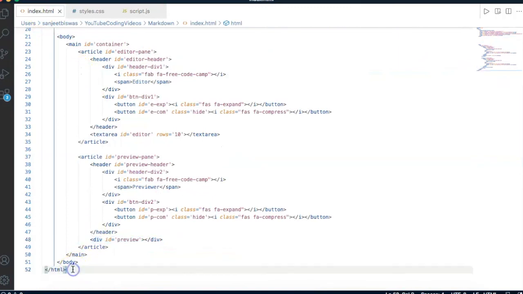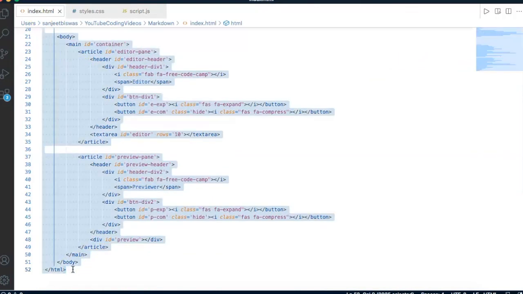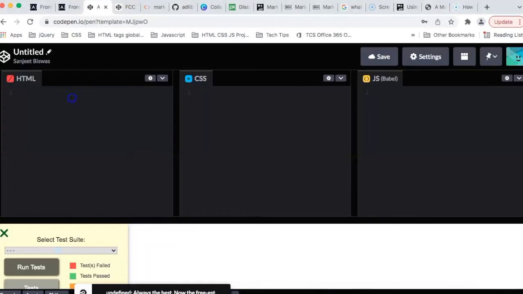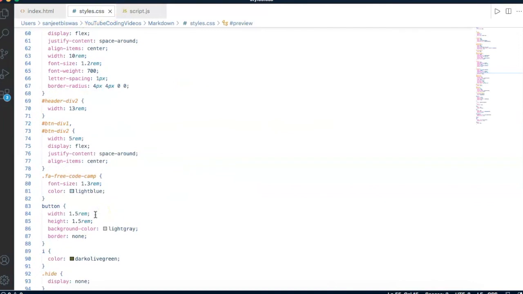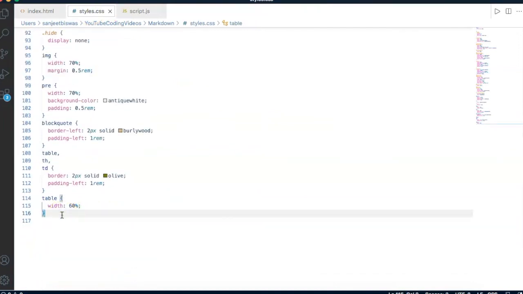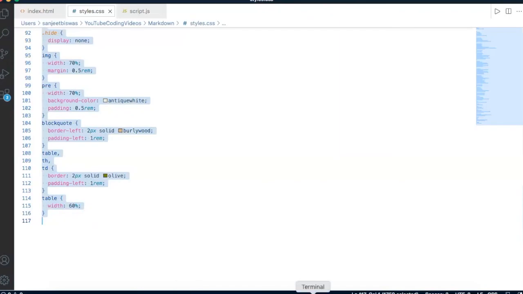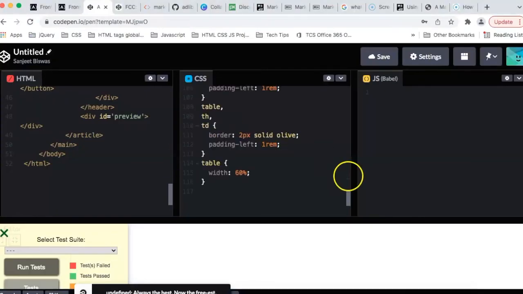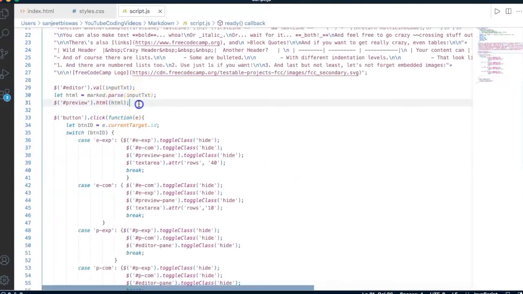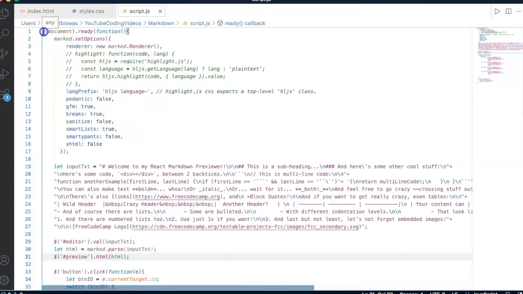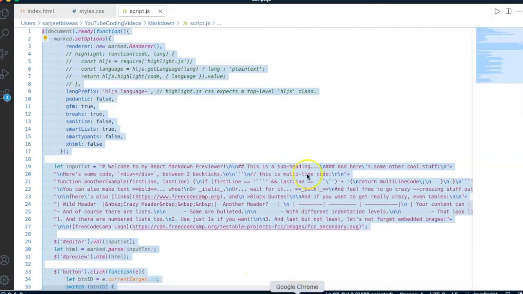So I'm going to select this and bring it over here. Okay, now let me bring over my CSS, and finally let me bring over my JavaScript code here. Okay,